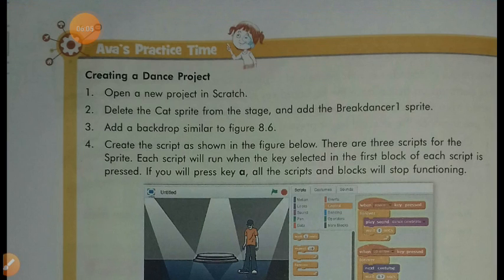Students, this is your practice time. Here is a dance project. You can create this project on your computer system.